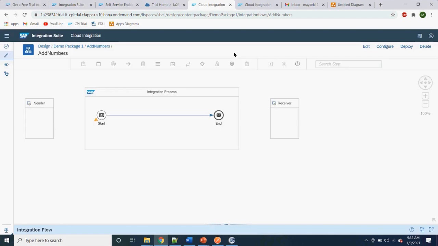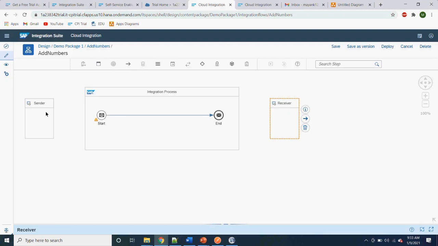So this is the editor where we can edit and develop our integration flows. This is the standard basic set that we have provided. We have a sender system, we have an integration process, and we have a receiver system. If you see above here in this toolbar, we have multiple functions available. You can use all of these functions in our integration scenarios to develop integration. We have multiple options here to edit, configure, and deploy. So we'll just edit this iFlow.